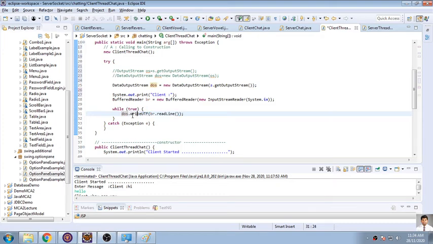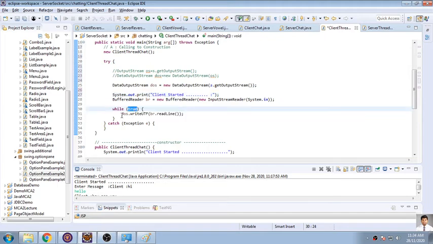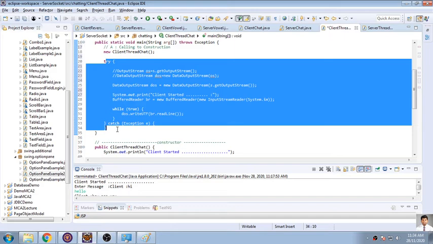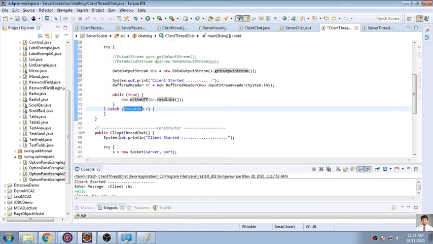So it's a single line of code. I have not used any variable over here because it is only a runtime. I am creating this one and it will be started. So the client started, I speak here, and it will be executed only once, but this part will be executing continuously because it's a true condition. So continuously the output stream will be accepting, and that will be transferred to the server. And I have written this into a try catch block, so the exception is handled by using the Exception class.